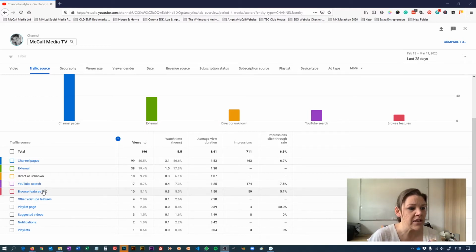Now, browse features, this one here, it says traffic from the homepage or home screen. That's when you log on to your YouTube account as a member of the public and there are videos already suggested to you. When my video is lucky enough to land on that page for you, then that's how the browse feature, I think, generally works. This is my understanding. Again, if I'm not 100% and you're watching this and you're also a newbie, do your own homework, because this is still new to me and I'm just trying my best to read between the lines and feed back to you.